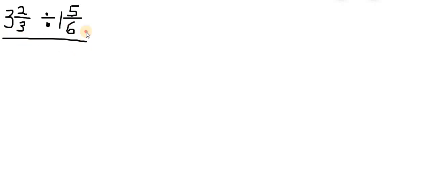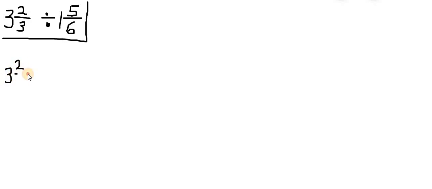Okay, now one more, 3 2 over 3 divided by 1 5 over 6. Okay, once again, don't solve as a mixed fraction, solve it as an improper fraction. So convert